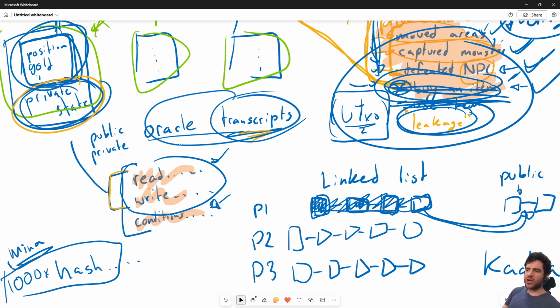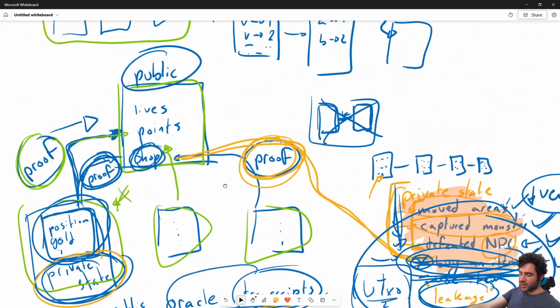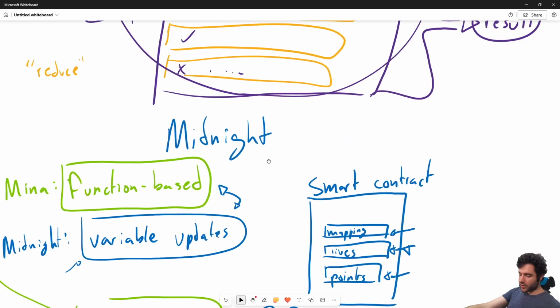And so depending on what kind of dApp you're building and how you as a programmer prefer to develop applications, there are some cases where maybe Mina is an easier model for you, and there are some cases where maybe Midnight's an easier model for you. And so they both have really clever ideas, really clever solutions to problems. And of course, because these are both products in development,